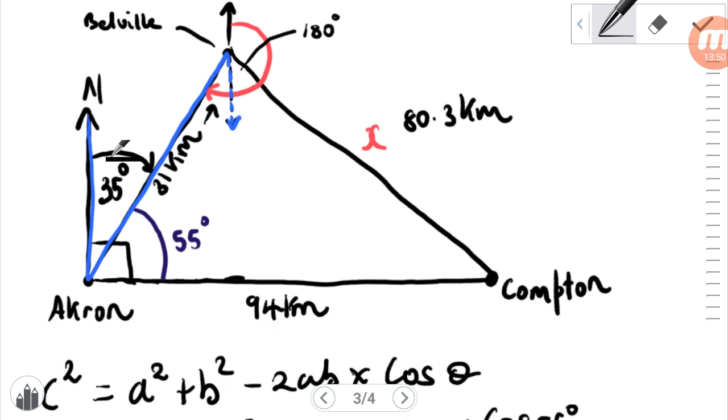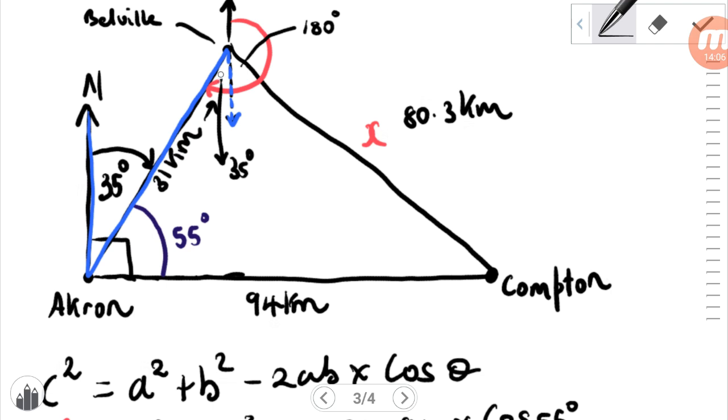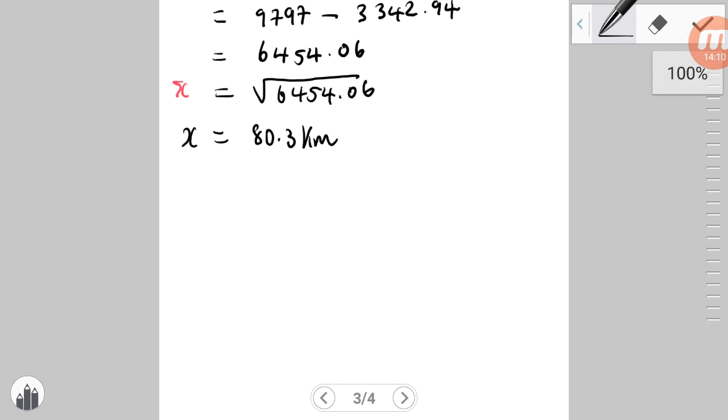So it says here that the angle 35 degrees is going to be alternately equal to the angle in the bottom arc here of the Z. So this angle here that we're looking for is actually 35 degrees. Therefore, the full bearing would have been the 35 degrees here plus the 180. So the bearing that we're looking for, the bearing